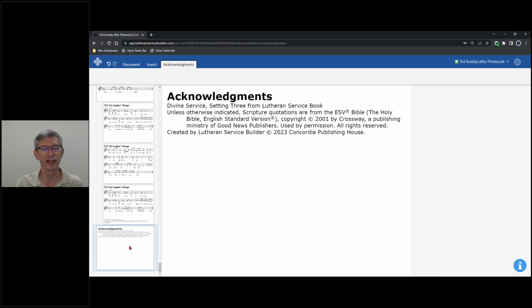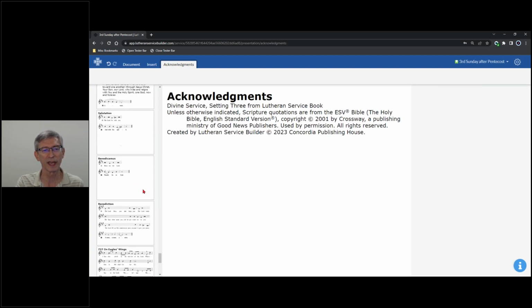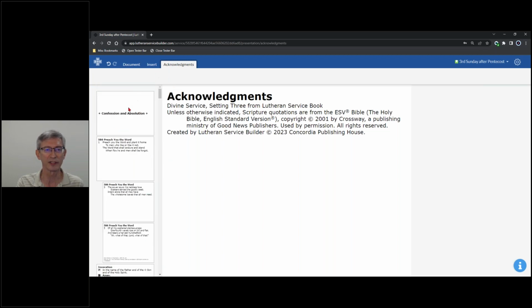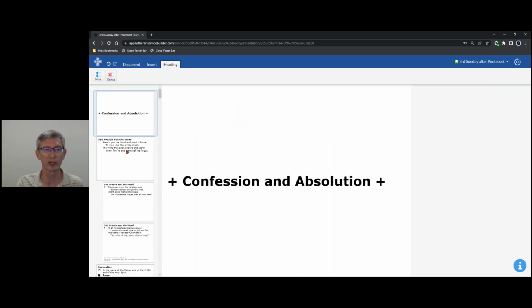And then the last slide is just the acknowledgments of all copyright. Once you've gone through your service and you've adjusted and made all of those changes in your slide deck using the tools that are available on the top of each element, inserting any other elements or deleting, then we can go back to the document tab here at the top to then choose our format, which we'll talk about in a moment. Basic is what we'll use. We just simply click export, click on PowerPoint,